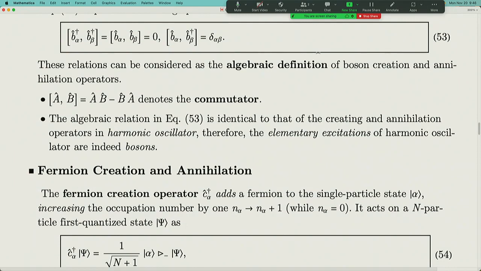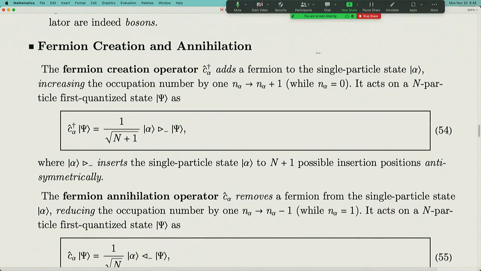And so maybe in the last 4 minutes, let me also quickly go through fermions. Fermions are actually much simpler than bosons, although they have this minus sign. But the nice thing is that the occupation number can only take 0 or 1. So the rules are very simple. For the fermions, it's also the same. When you want to create fermions in a many-body state, you can see it's exactly the same